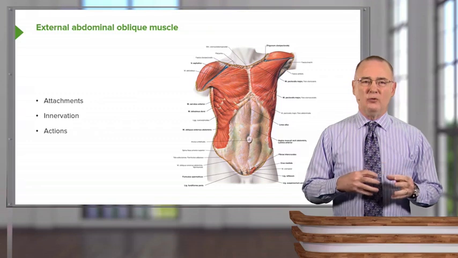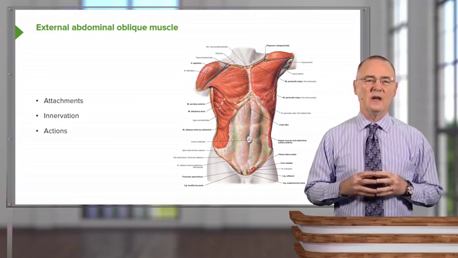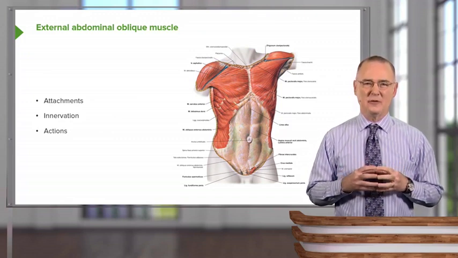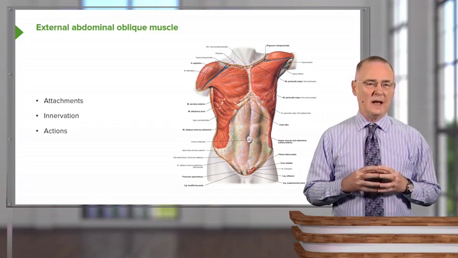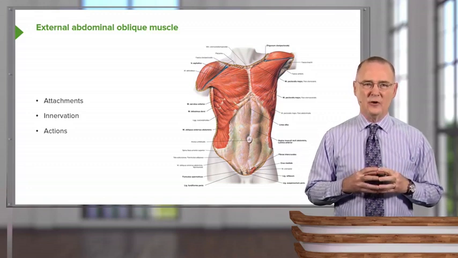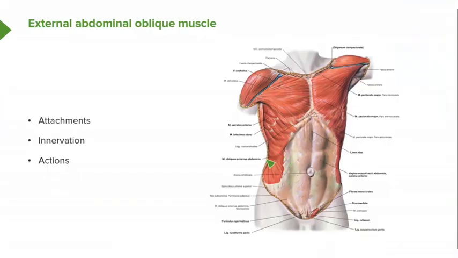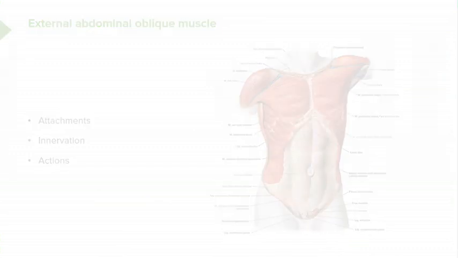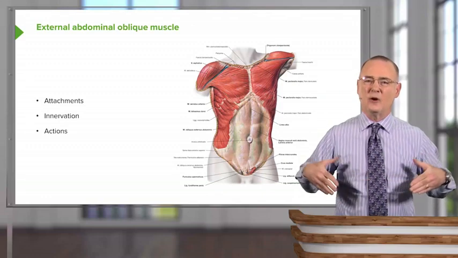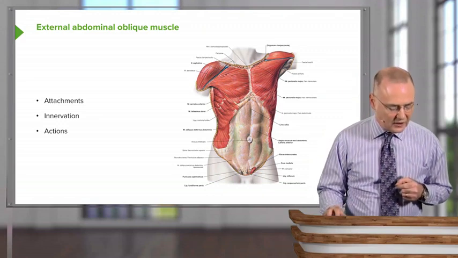Let's take a moment to look at each one of these muscles individually. And when we do so, our interest here will be on describing the attachments of the muscles, their innervation, and their actions. So our first stop will be the external abdominal oblique. And I want to highlight the fact that we can see those fibers here. These fibers are running in the same direction as the external intercostal muscle fibers that are a part of the thoracic wall. That means they're running down and in, and they will attach to this whitish sheet that we see